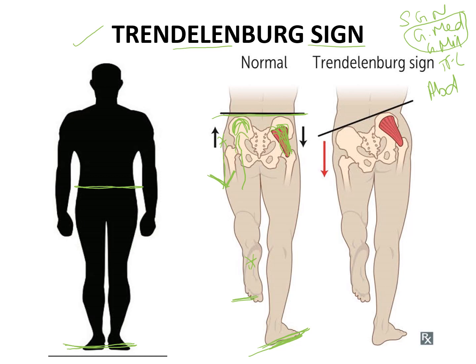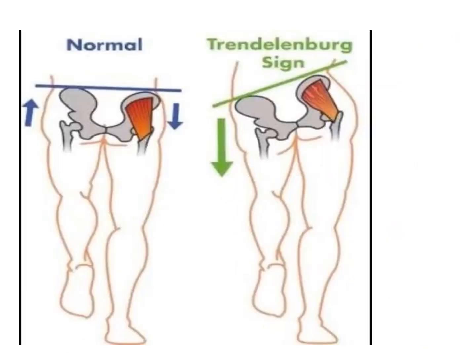But unfortunately, what happens when the person is standing on the lower limb whose gluteus medius and minimus have been paralyzed? This paralyzed gluteus medius and minimus will fail to lift the pelvis of the unsupported side, and thereby the pelvis of the unsupported side will tilt down. So that is about the Trendelenburg sign. We will discuss it once again.